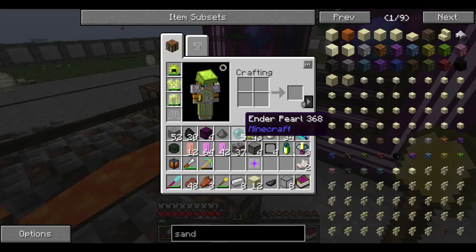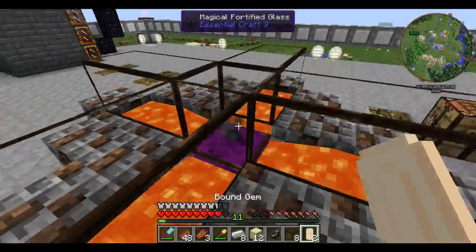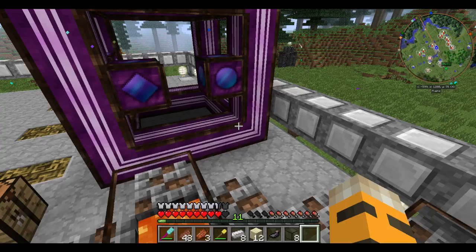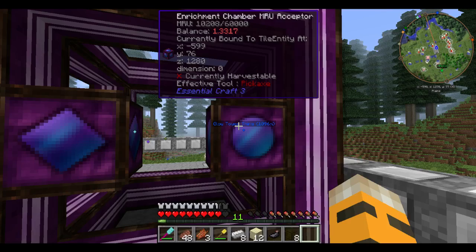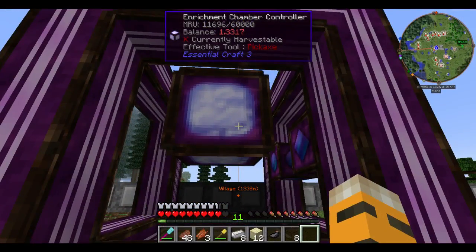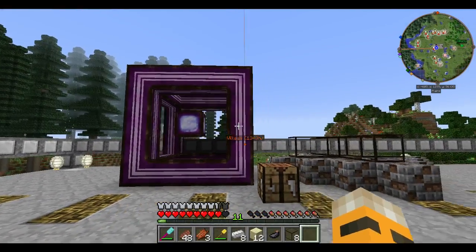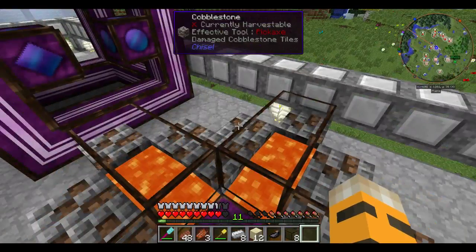So we need to take bound gems, take these guys. I guess we only need one actually. So we bam, click U, and then our acceptor, give it the bound gem. So this thing should now be filling up with MRU. So this is going to store 60,000 MRU extra, which is kind of awesome. And then instead of,